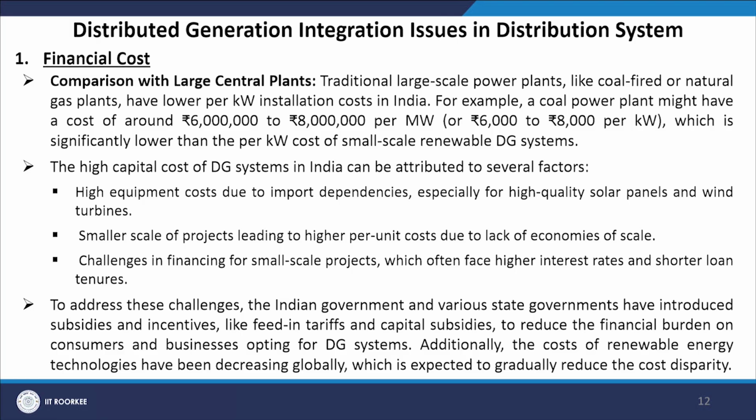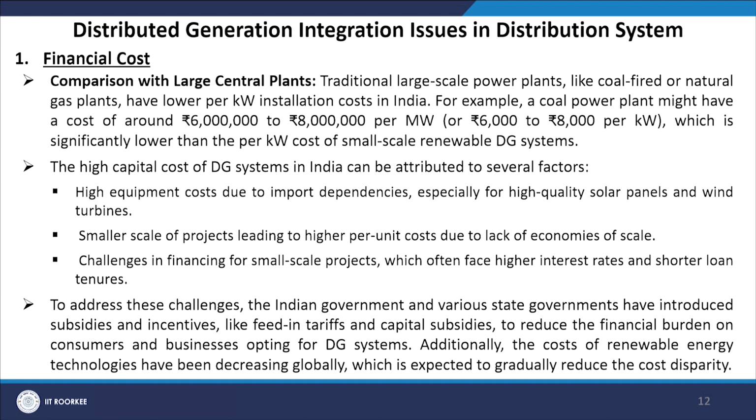Now, when you compare with a large central power plant, especially super thermal power plants or super nuclear or a large hydropower plant, traditional large scale power plants like coal fired or natural gas plants have lower per kilowatt installation cost in India. For example, a coal power plant might have a cost of around 60 lakhs to 80 lakhs per megawatt. That is 6,000 to 8,000 rupees per kilowatt, which is significantly lower than the per kilowatt cost of